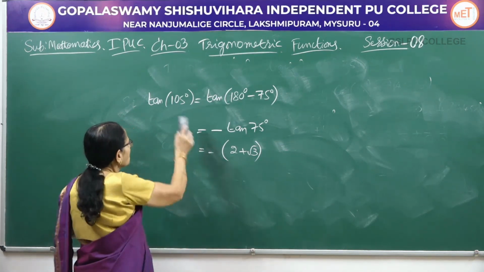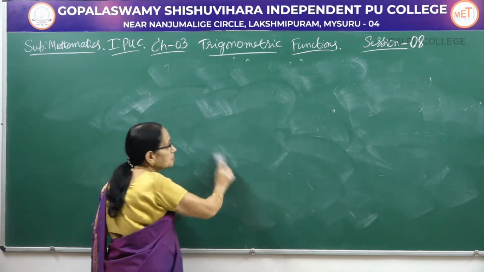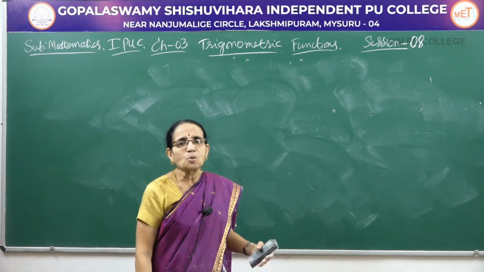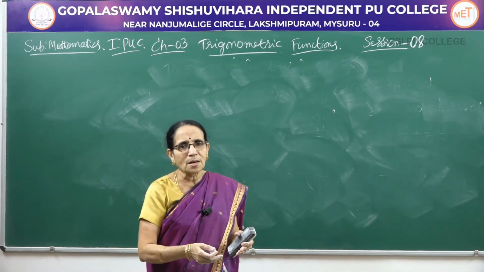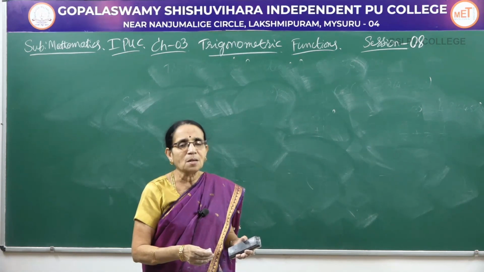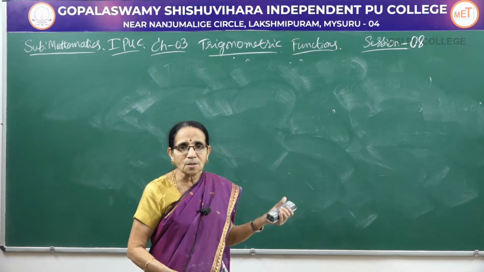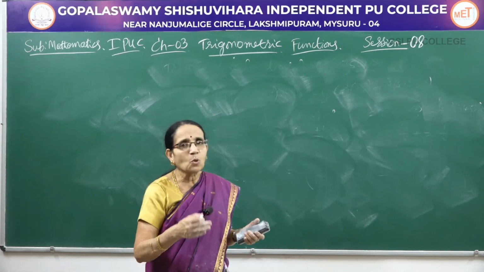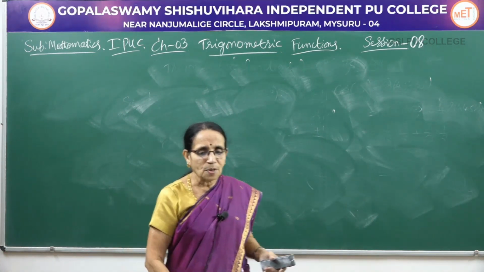We can have other angles also, like 180 plus 15, which becomes 195, or 270 plus 15, which would be 285. So you can have combinations like that, adding 75 or 15 to the quadrantal angles. Now you can consider different functions and get the values. If you practice more and more problems, you will become familiar with the formula.